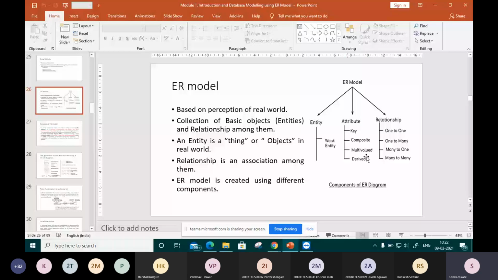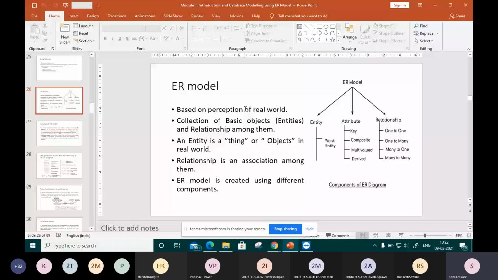Just write down and remember one thing: these are the components of the ER model, and they create a particular relationship between them, used for defining real world objects. It is based on the perception of the real world.